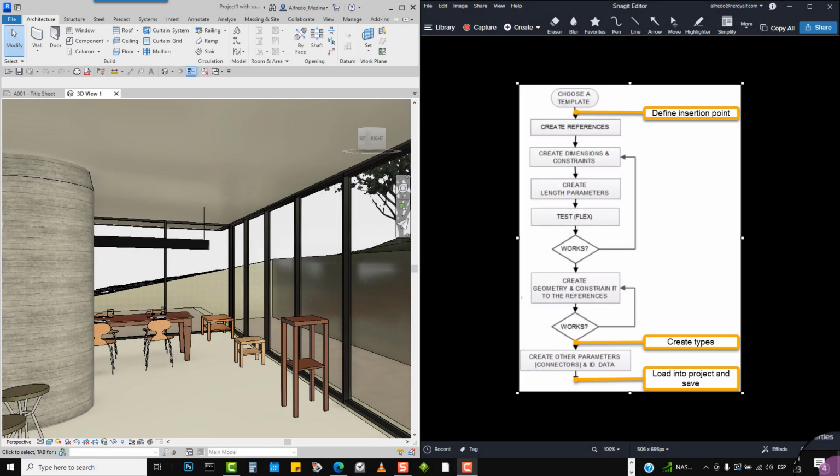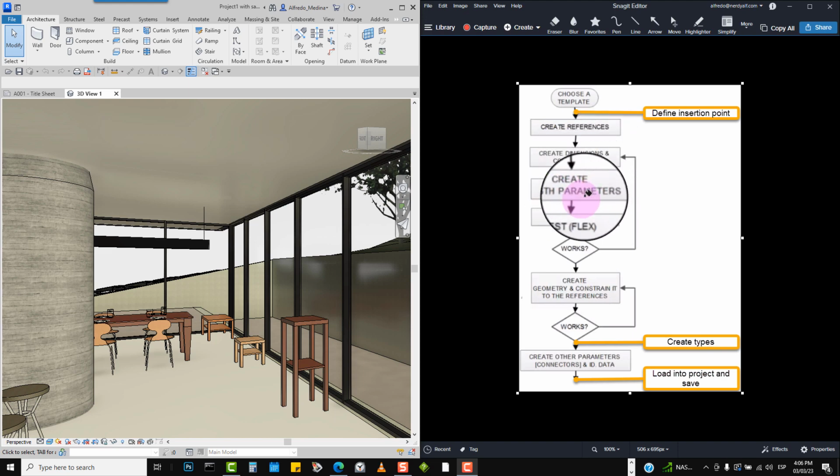Let's see the sequence of steps that we followed in this video. First, we chose a template. Then we defined the insertion point of the family. Then we created a frame of references. We created dimensions and constraints. Some of them were locked dimensions.